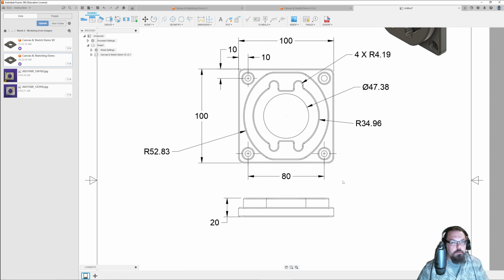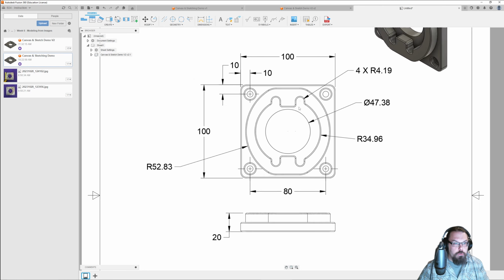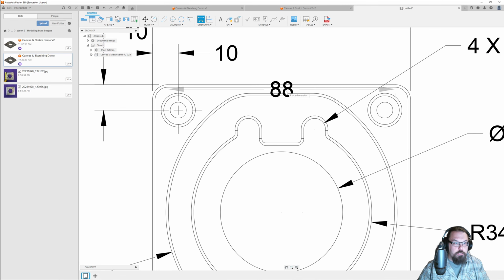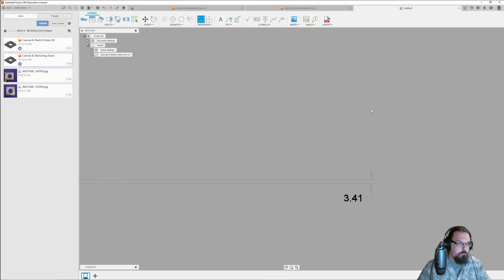I don't think that would be terribly useful here, but what would be useful is finding a way to orient ourselves so that it is understood what this dimension is. Now we could dimension it here, but we have a lot of dimensions. Oh, let's